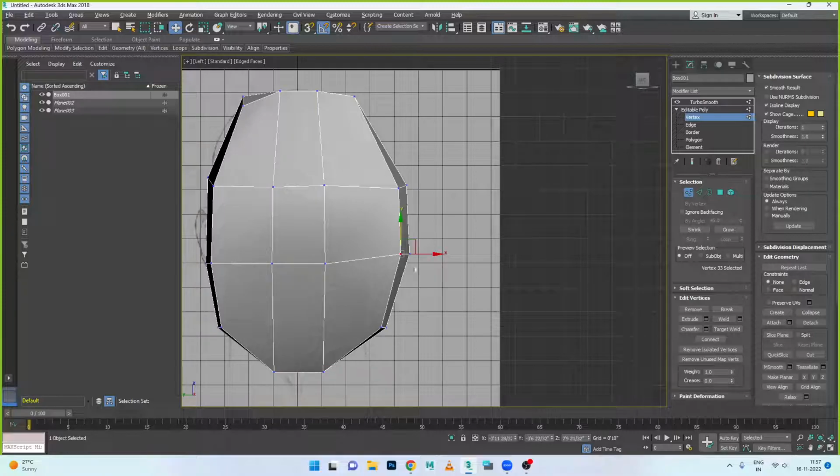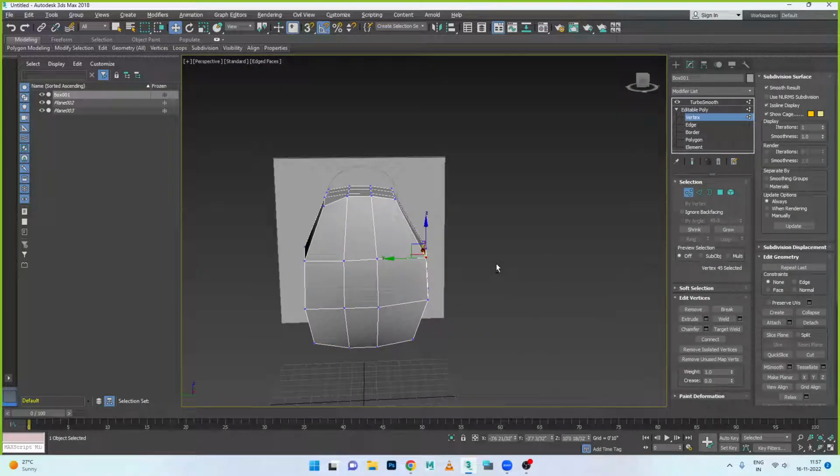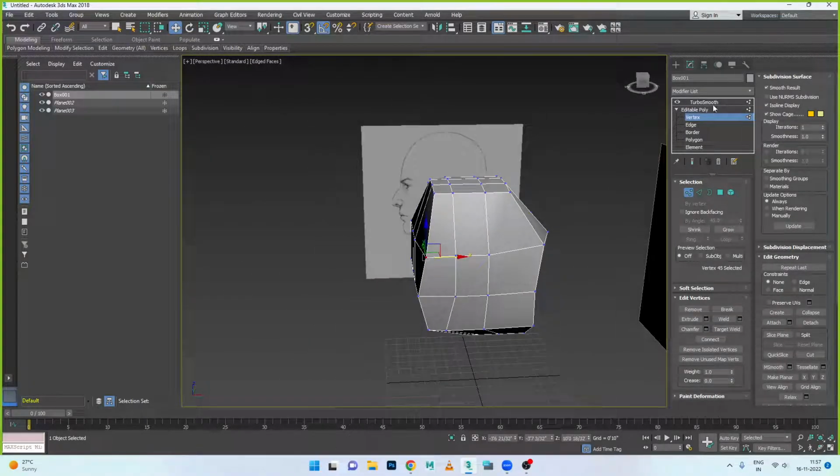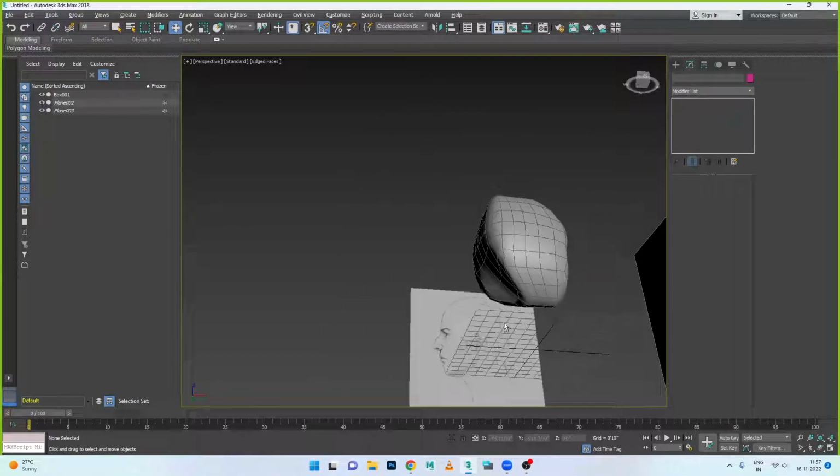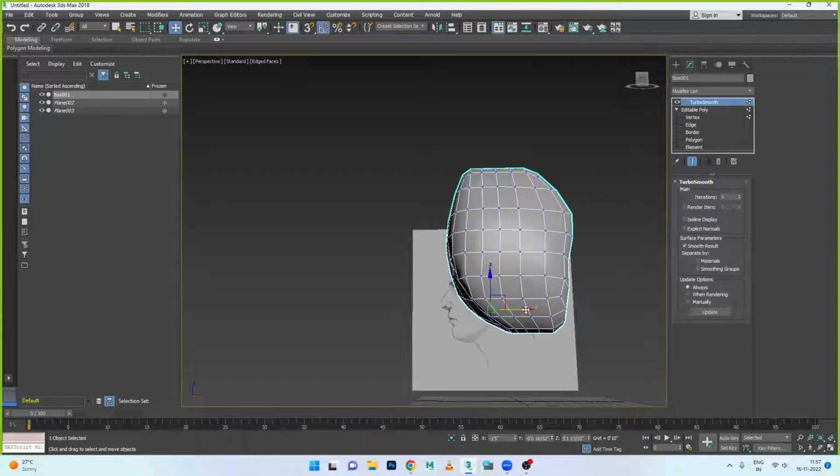Okay, let's see now. Let's move this little right side, try to define the property. Okay, all W and come back into the perspective and see the result. Okay, apply turbo smooth and we can see right now we have created this model over here. Okay, what we need to do, out of this one we need to create a neck